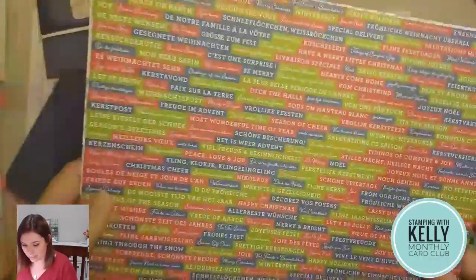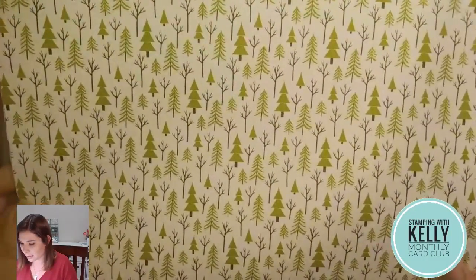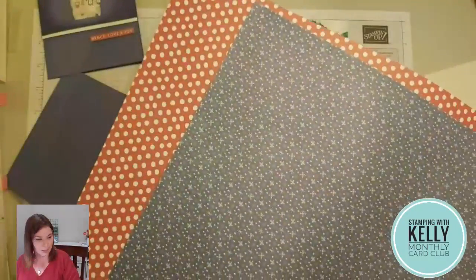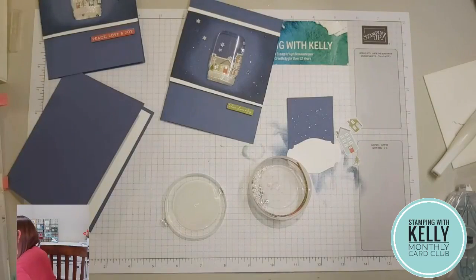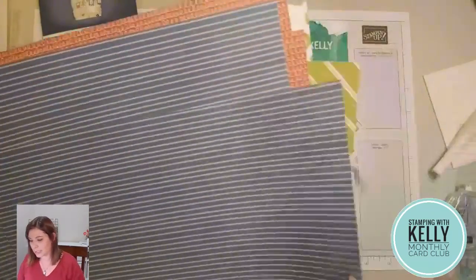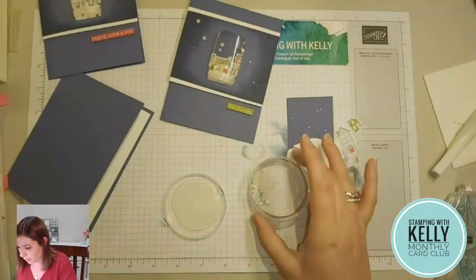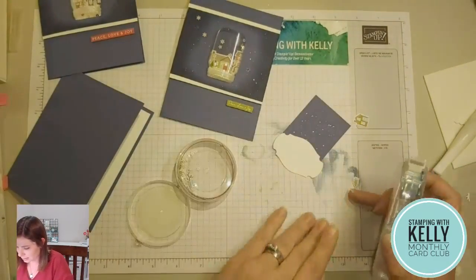And our saying sheet, which we're going to use in a minute here. And then it also comes with these fun little trees and fun little houses. And the back sides of these are a lot more graphic, with like a repeating kind of pattern. There we go. You can see all of those. So I've cut out these houses already for you, so all you have to do is just